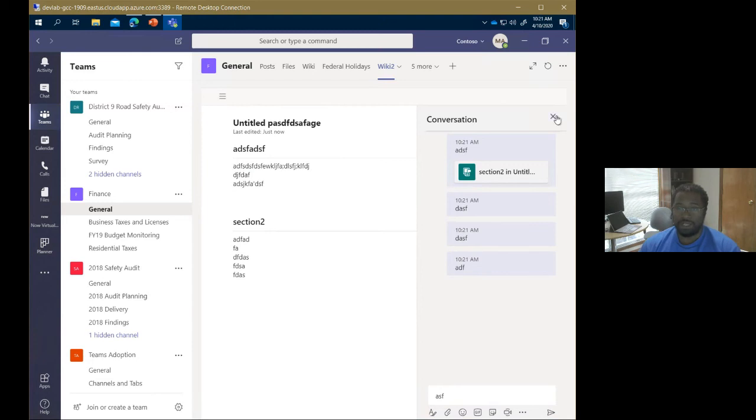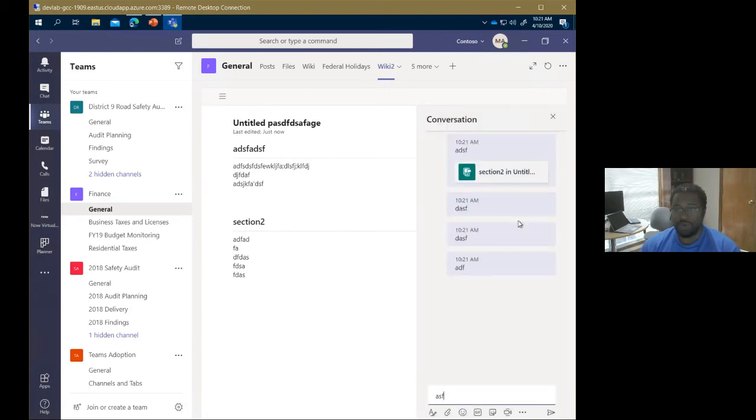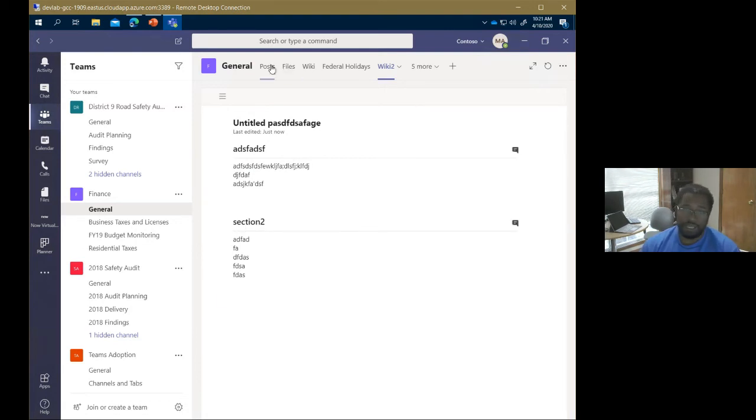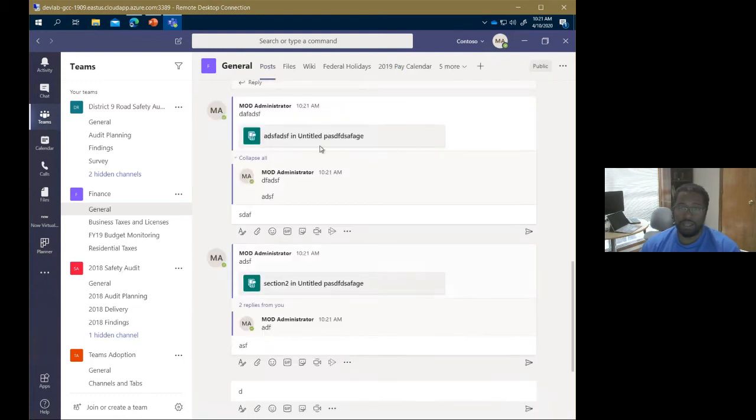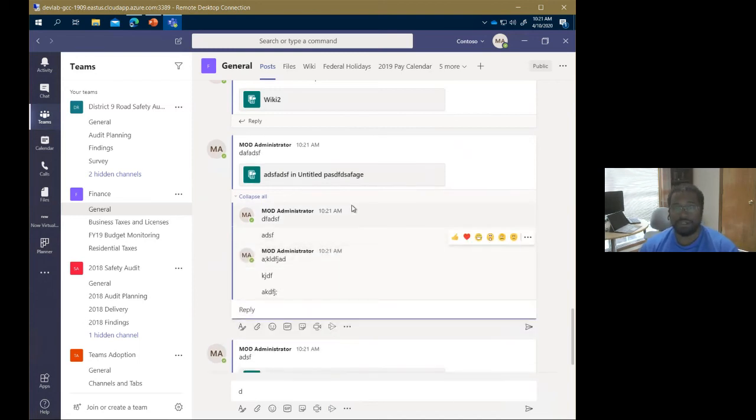And again, all of those things, now as I'm in the wiki, I can always go, okay, what did my team members say about section 2? I'm always one click away from seeing that conversation. And then out in the chat area, those 2 particular sections are getting their own conversation thread out in here. So I don't even have to go into the section of the wiki to add my thoughts to that conversation. So that's a little different nuance that the wiki tab has versus the other ones.